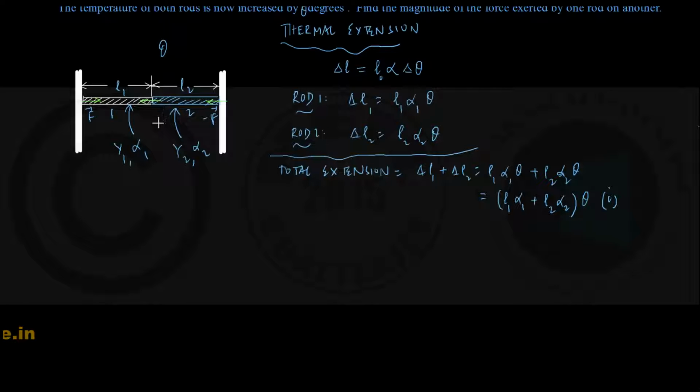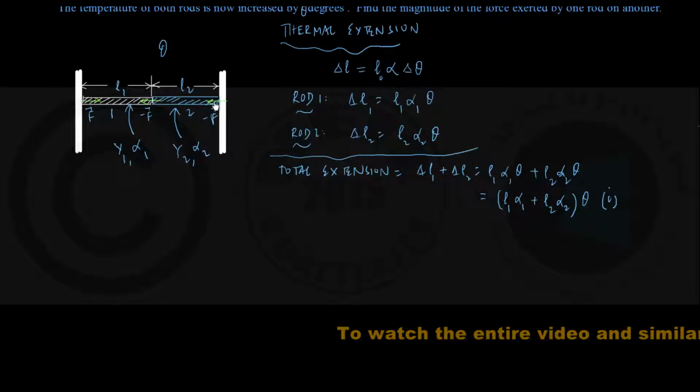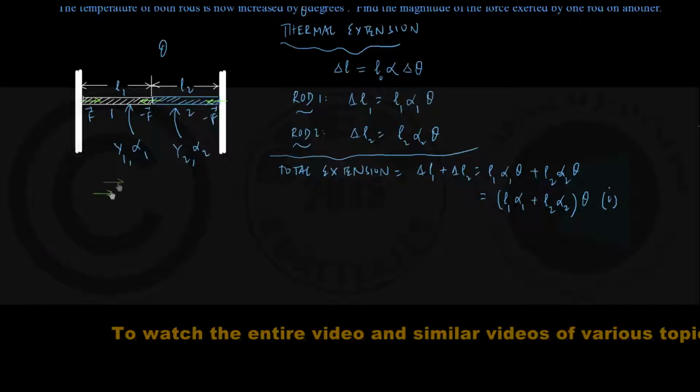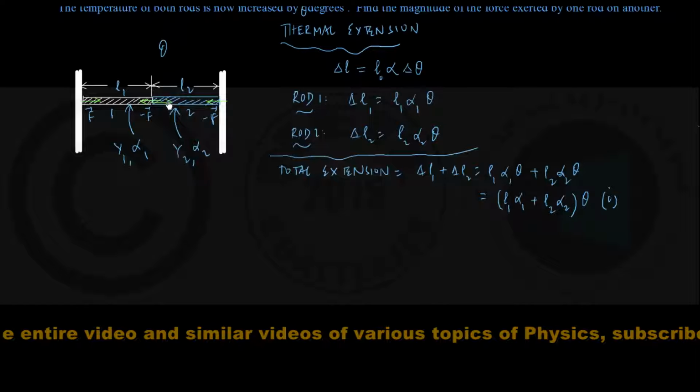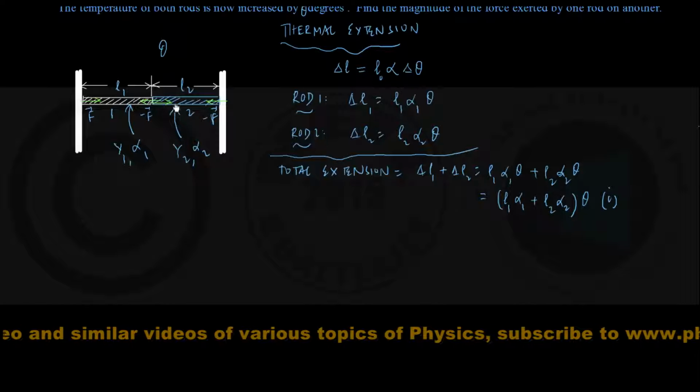So this force is minus F acting on rod number 1. And similarly, for the equilibrium of rod number 2, if there is a force minus F acting to the left by the wall, rod number 1 must also have exerted a force F onto the right on rod number